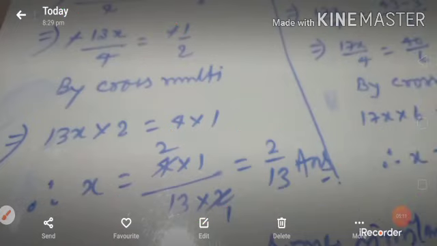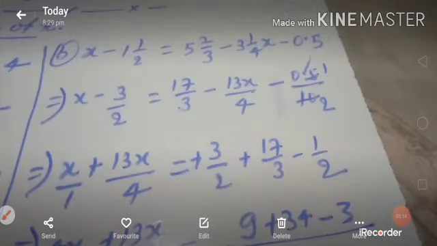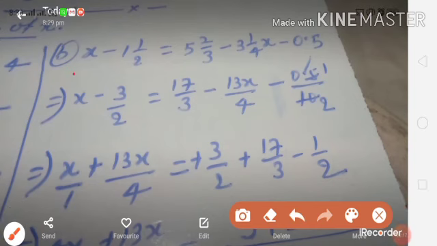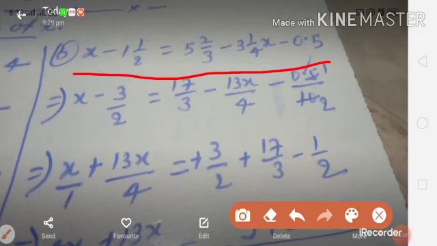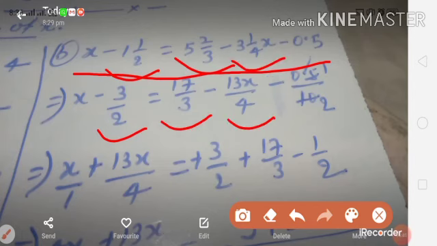Now one more question you should also see. Now this is B. Here is the question, and first of all in the first step we change into simple fractions. You know that 1 whole 1 by 2 changes into 3 by 2, 5 whole 2 by 3 changes into 17 by 3, 3 whole 1 by 4x changes into 13x by 4, and here we cancel the point, so we write 10 and cancel it by 5, so we find 1 by 2, that is shown in the next line, next step.